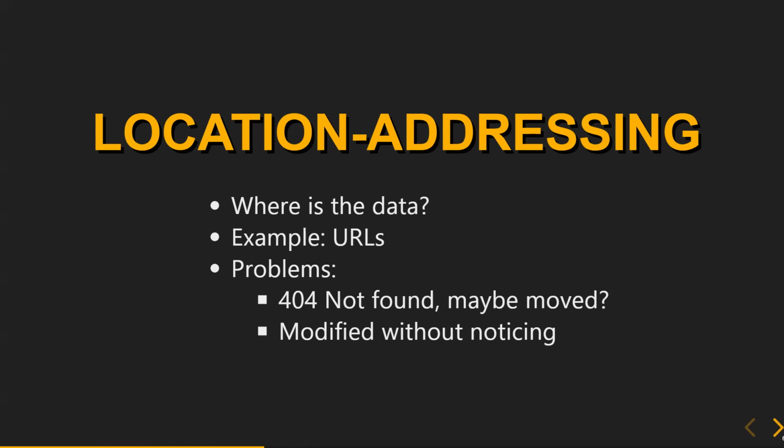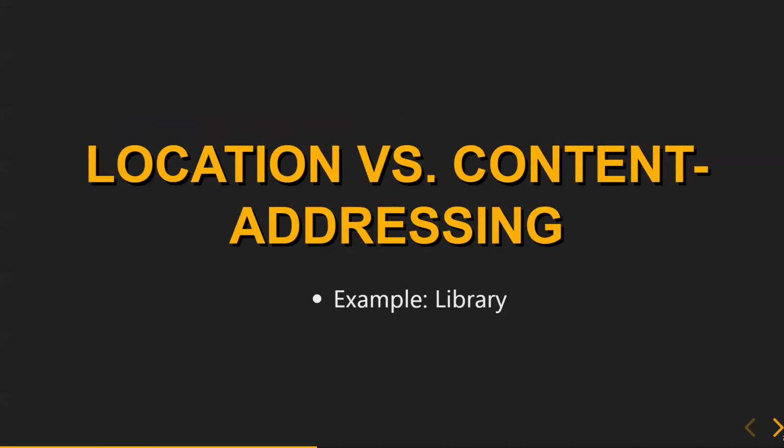And the other big problem, and I think it's a really huge problem, which is underrated, is you send someone a link and say, well, read this article, it's really great. But then by the time that someone reads the article, you don't know if this person actually reads the same information that you have read. It could be replaced with something else. It could, of course, be malicious, but even then, there could be some update. It could change things, but you don't know. So those are the problems about location addressing. And therefore, I advocate for content addressing.